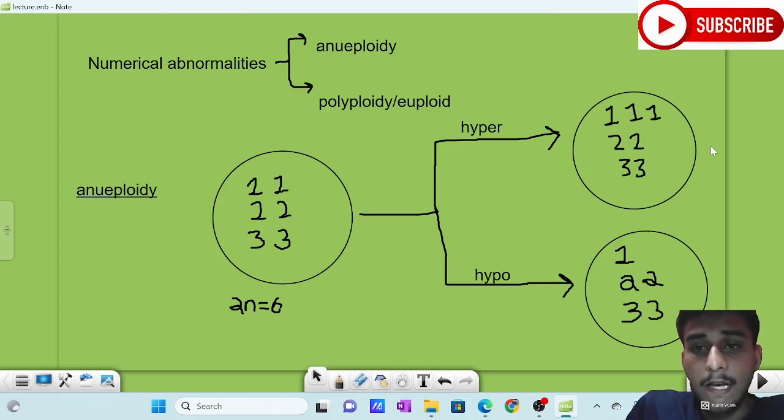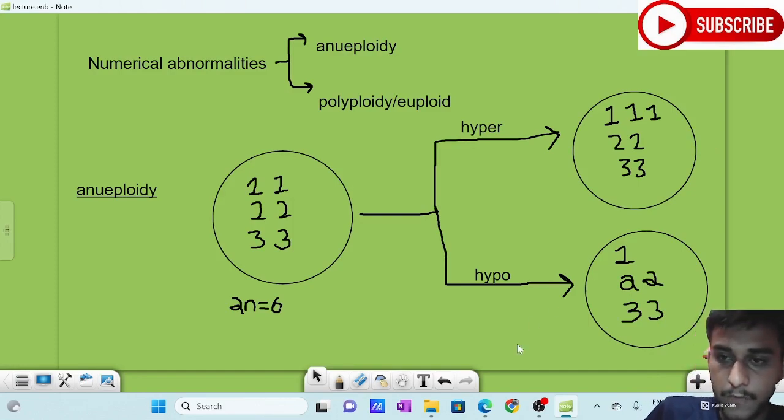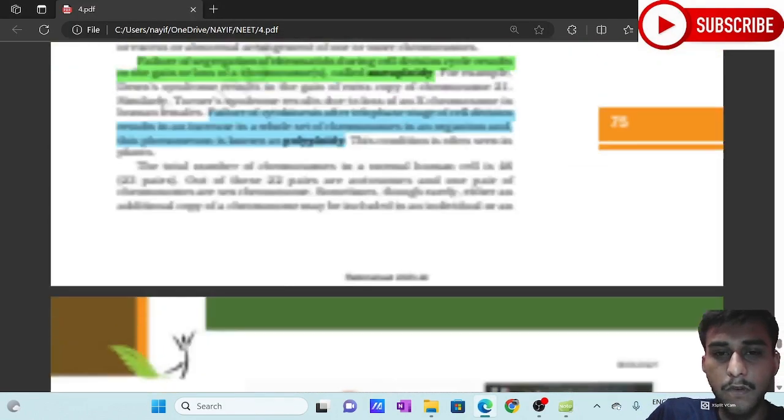So aneuploidy can be divided as hyperaneuploidy and hypoaneuploidy. Some examples of hyperaneuploidy are trisomy, double trisomy, and tetrasomy. Some examples of hypoaneuploidy are monosomy, double monosomy, and nullisomy. Okay, I'm going to your textbook right now. In your textbook, look,